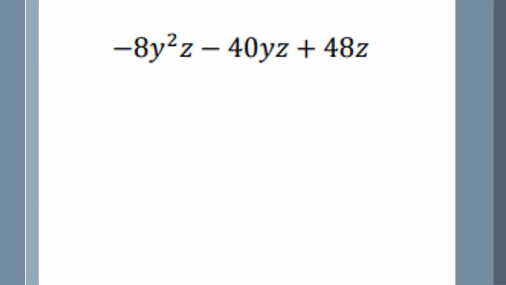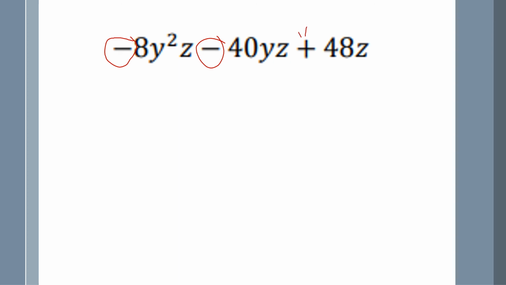All right, let's deal with a difficult one. You got y's and you got some z's going on. So look, let me give you a rule of thumb. Anytime you see one negative here, or you see two, that means that they all are going to have a negative in common. So if I pull out a negative,